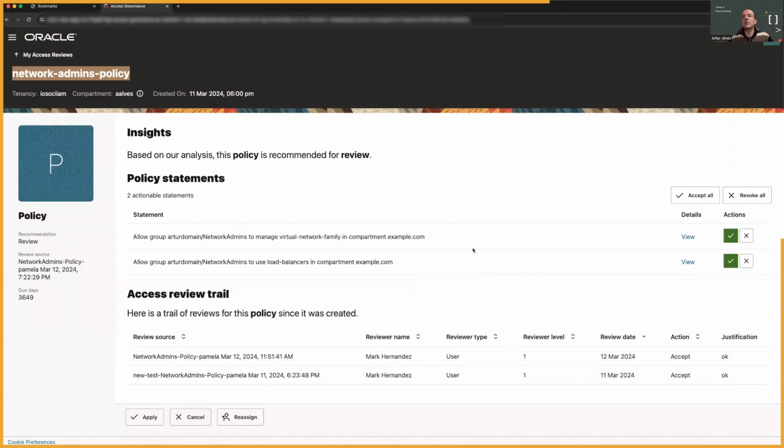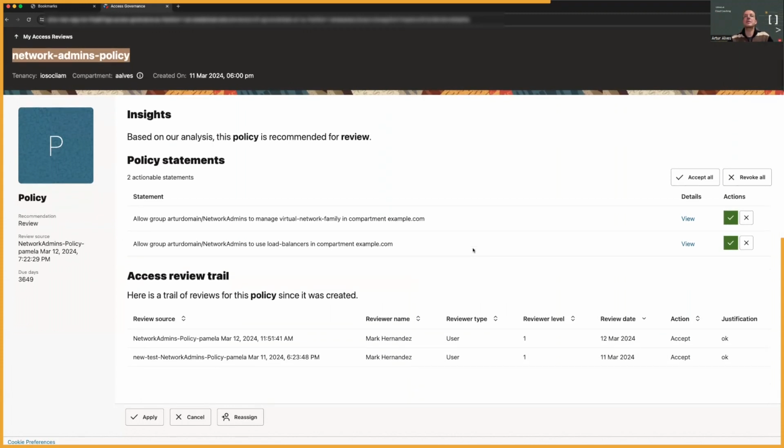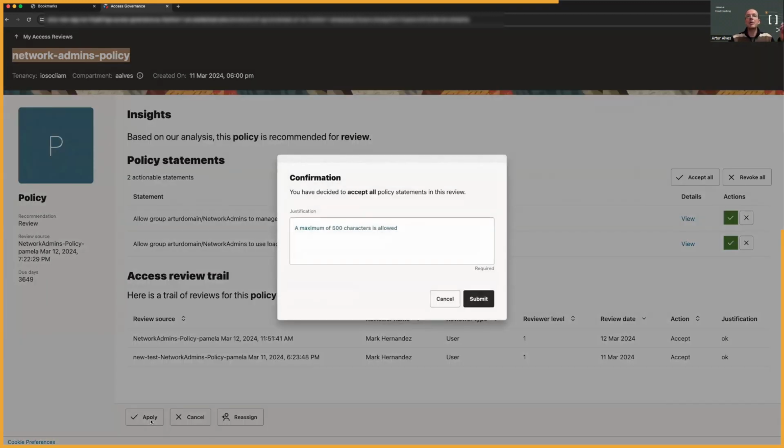In my case, for the sake of simplicity, I'm going to say that, yeah, I agree, it's all good. I could revoke, as Sandeep did before. I'll revoke all the group memberships, which is something that I want you to see happening in terms of group memberships changing in the OCI. But in this case, I'll agree with the suggestion coming from the machine learning, and I'll say, yeah, I'm okay with the approval action. Okay with that, and let's move forward.